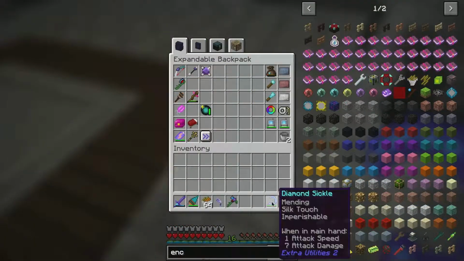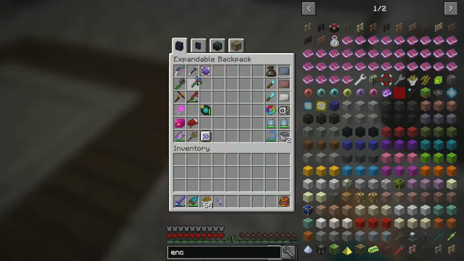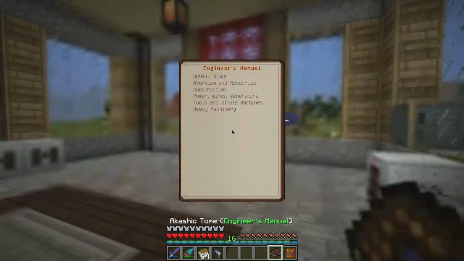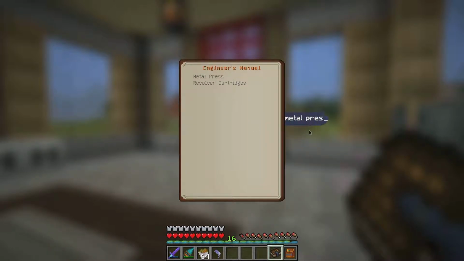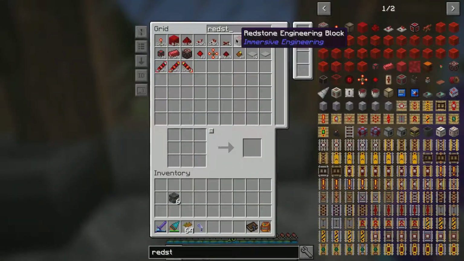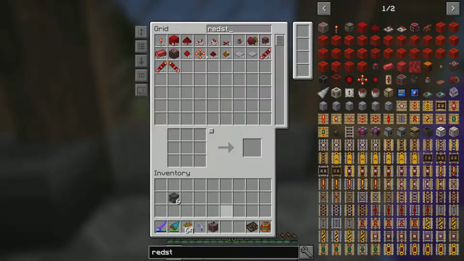So let's look into the metal press, shall we? So the metal press itself is going to be in our Akashic Tome. We can go ahead and pull out the engineer's manual and look at the metal press. We're going to want probably, I'm thinking 3 of these. So slow your roll. I would like to see this step by step. Thank you. Let's see. Redstone engineering blocks. I've already got 2 or 1. I just need